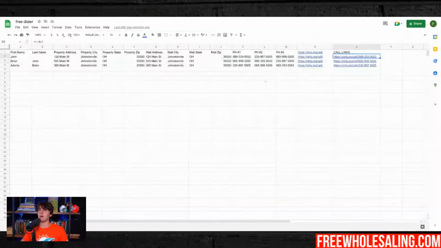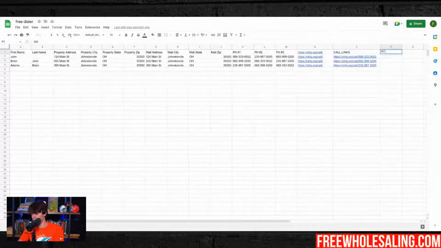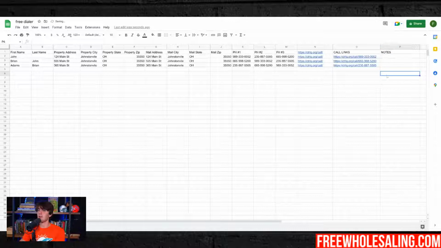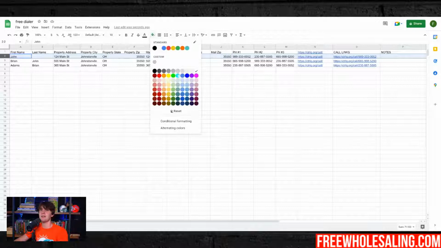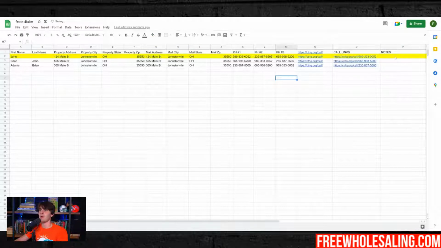Not too complicated. When you're done with that one, I go here to notes, and this is how I usually do it. I can basically do it either way. So I put notes here. Let's say this one didn't answer. This is how I like to do it when I'm hand dialing: I go to the highlight tab and put yellow for no answer, just so I know, voice, no answer. Now I go to the next one, click this one, and it redirects me there.